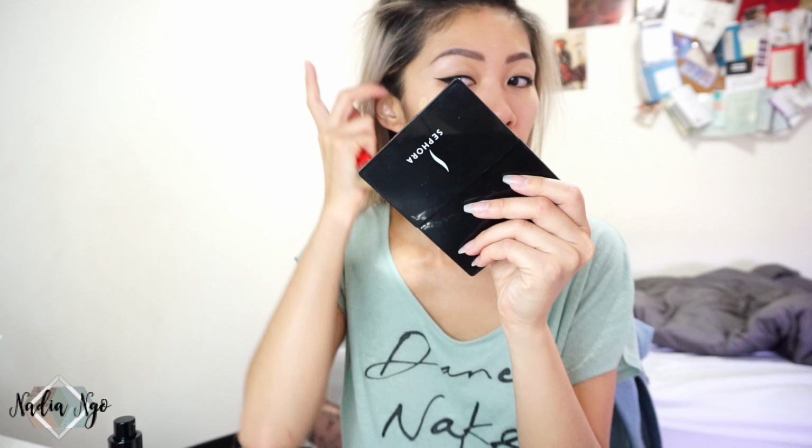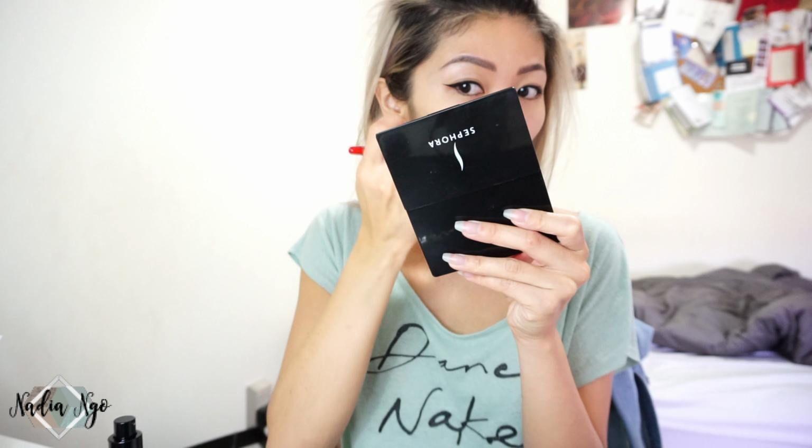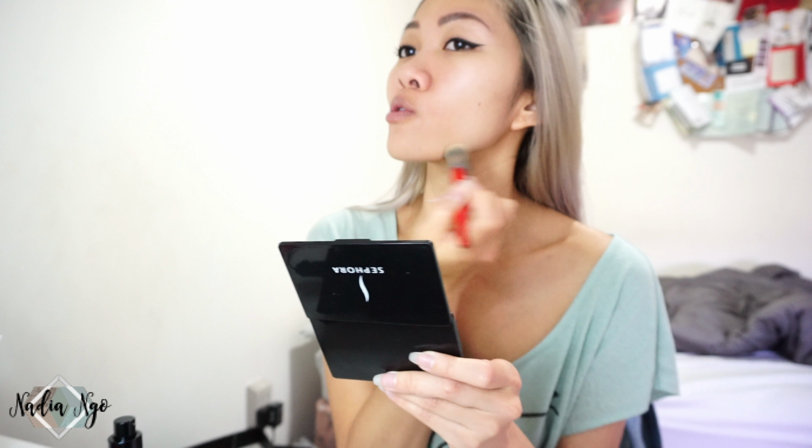I think I picked a good color. So Warm Sand is supposed to be described as a light to medium, neutral golden shade. I think B40 is just light neutral, and BR is more of a cool tone. So it doesn't feel heavy to me. It's blending out very nicely,